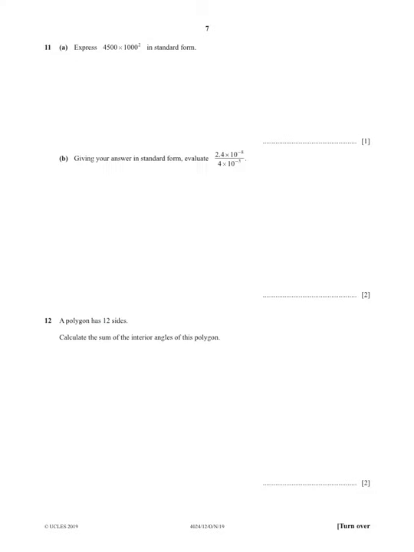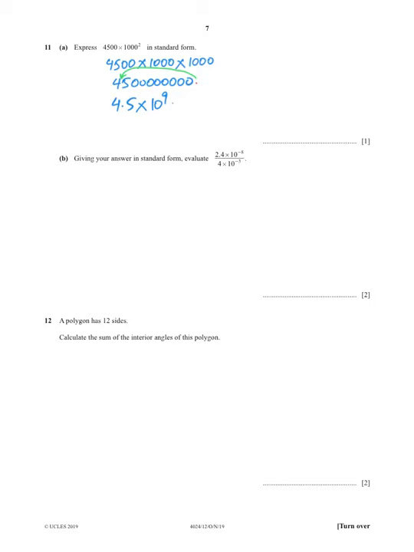Number 11. Express 4500 times 1000 square. Now square means what? We have 2 times the value of 1000, right? Or I can say that it's 45, 1, 2, 1, 2, 3, 1, 2, 3, and at the end we have a decimal. Our aim is we need to shift that decimal after the first non-zero. So now it will be 4.5, and how many numbers have we jumped? It's 1, 2, 3, 4, 5, 6, 7, 8, 9. So the answer is 4.5 times 10 to the power 9. That is the final answer.